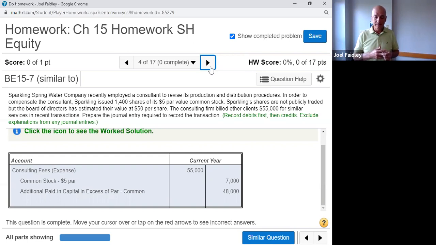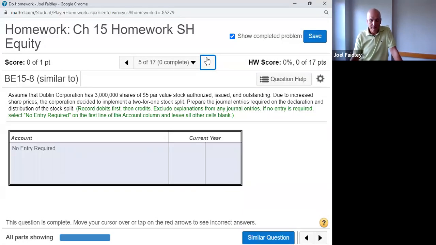And with that in mind, that $55,000, based on the par, tells them how many shares of stock that they're going to give, which is 1,400 times $5 par value common stock. And additional, or the remainder, the plug number is the additional paid-in capital in excess of par of $48,000. That's a good exercise on fair value of consideration given when you don't know the actively traded value of stock. All right, number 5,